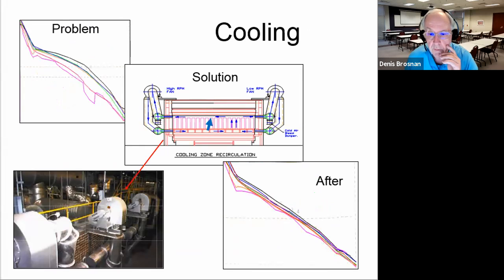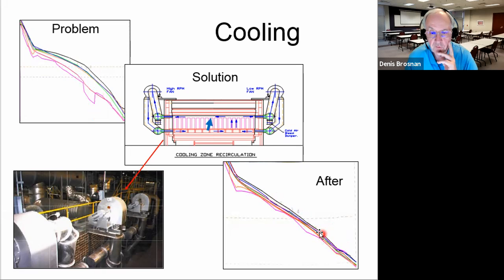The other problem area is cooling. And here we're trying to take cold air and blow it toward the bottom of the setting because we're trying to cool the ware off, in this particular case, bricks. So we're pushing air upward through the setting and collecting it and recirculating it. And so we have the same kind of situation here, thermocouple readings versus position in the cooling section from the exit end of the burning zone to the exit end of the kiln. And after we put in this recirculation, we have a much more uniform